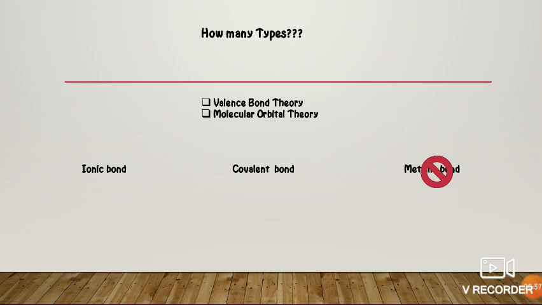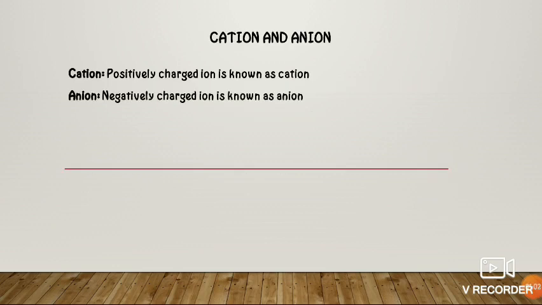Before starting ionic and covalent bonds, there are some things you need to know, which are called cation and anion. Cations are positively charged ions and anions are negatively charged ions. An example is sodium. Its electronic configuration is 2, 8 and 1. Sodium needs 7 electrons to fulfill its octet, which is not possible. Rather, sodium will lose 1 electron and